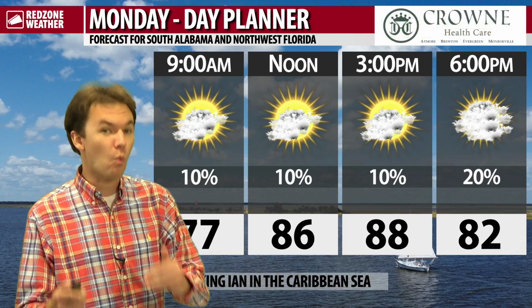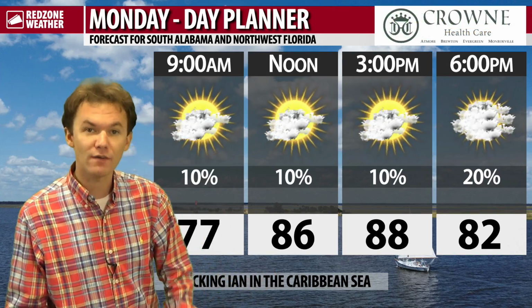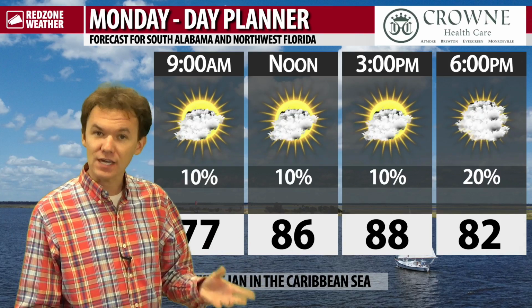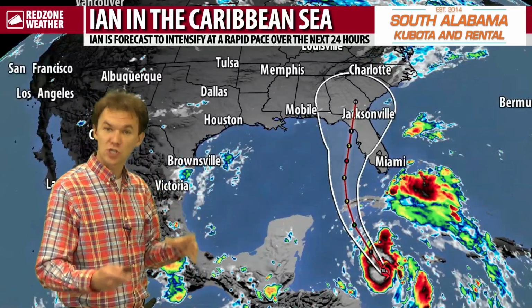Today will actually be the warmest day out of the next 5 to 7 days, as we do have some cooler air coming in around the large counterclockwise circulation associated with Ian, set to be a bit cooler by the time we get into the middle part of the week. We'll come back at the end and show you the local projected radar today, but our top weather story on